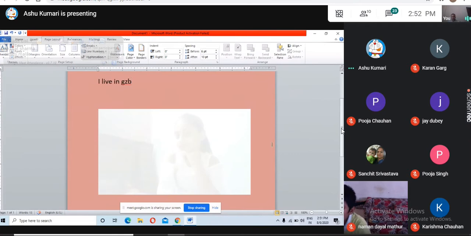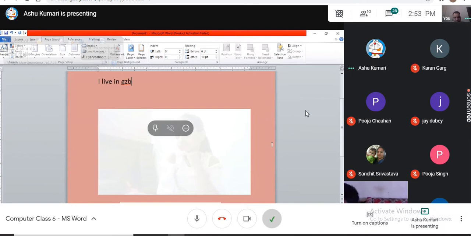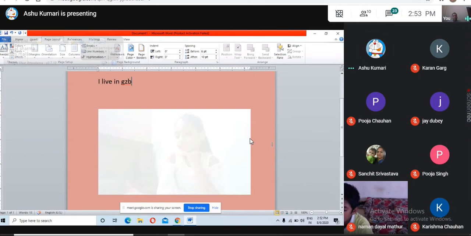Right, so here we can use the custom watermark as well using this option. Clear? Any question till now, students? Yes, tell me what is the question. Sir, the picture is not clearly visible. Yes, usually a watermark is not clearly visible, because it is the background, basically the background showing in the document. That's why it is not clear.